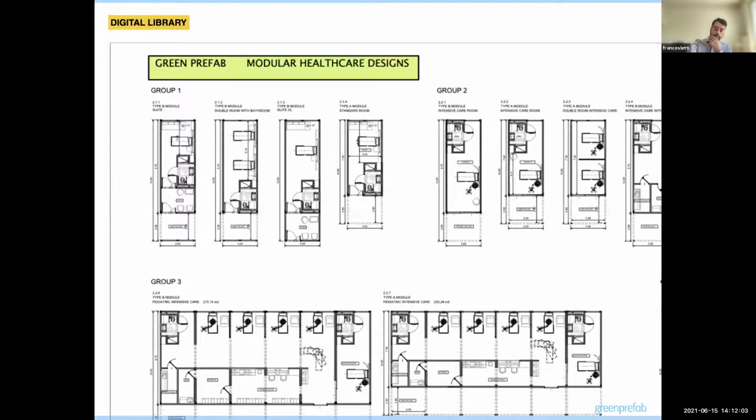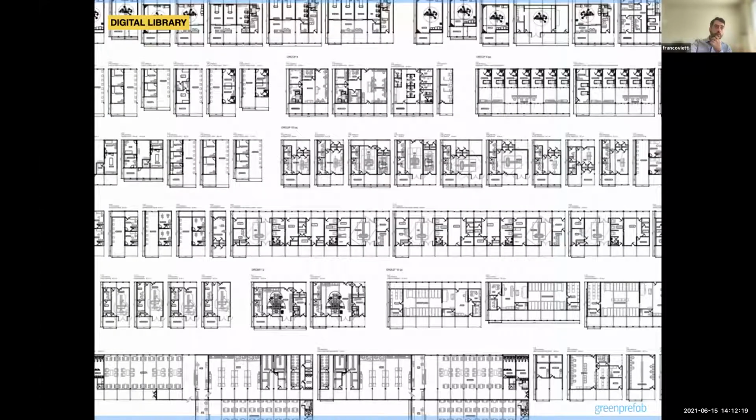So after studying several projects, we got to some kind of general pattern of healthcare design, and we built a library for all the operative parts of any kind of healthcare design. We took some of the standards of Christopher Shaw from Riva Architects about different healthcare buildings, and we designed 160 modular building blocks in order to be able to solve all the possibilities of healthcare design with a standard modular solution,